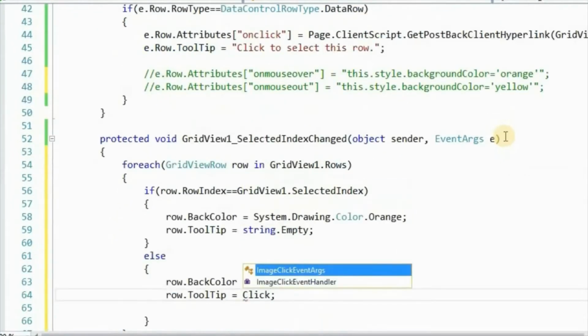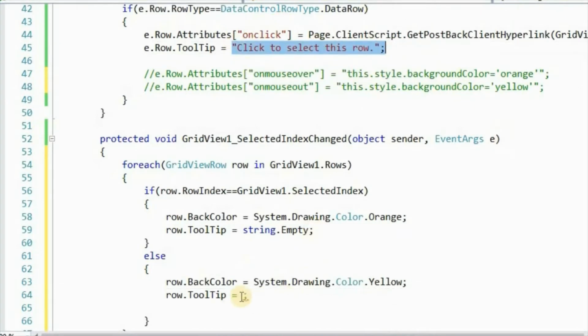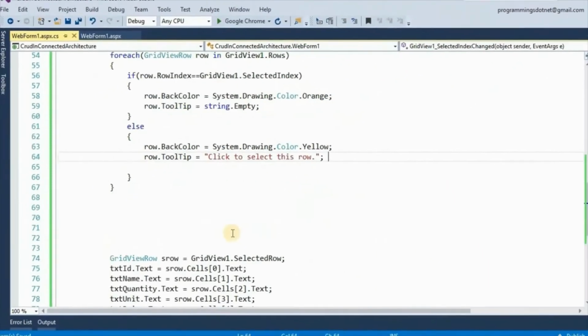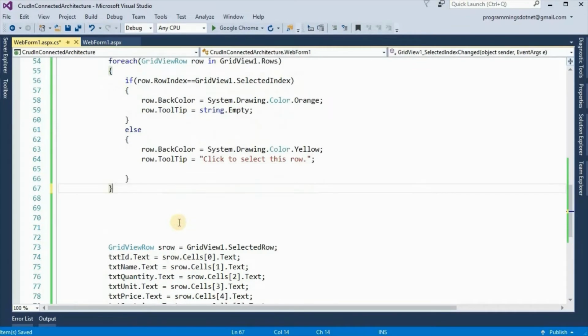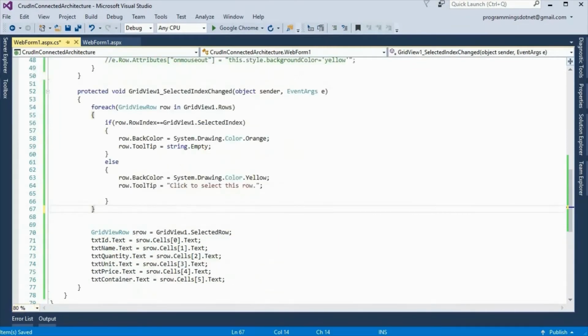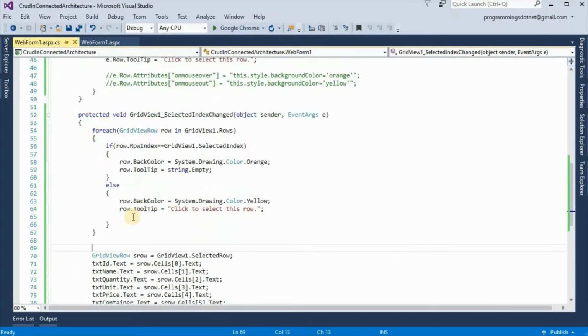here also we can give click to select this row. Here also we can give tooltip, and now this is the code. Now comment this previous code, and now this is the new code. And if we see in browser or Google Chrome,